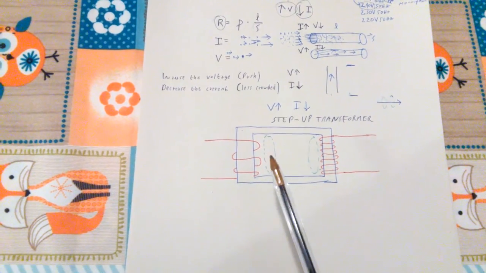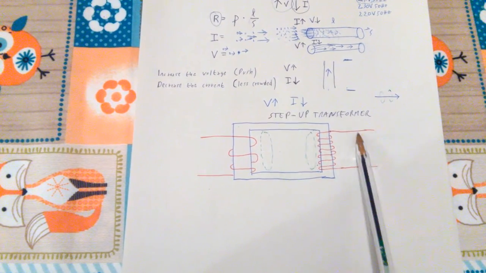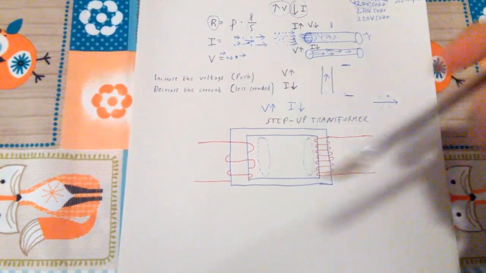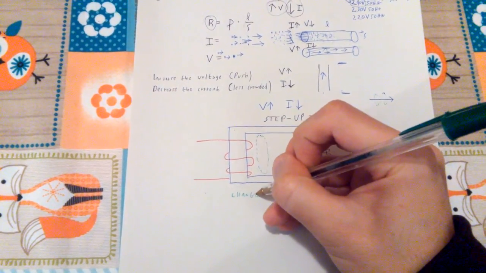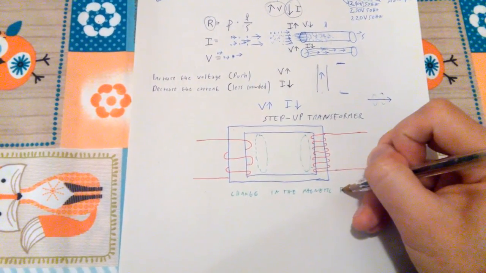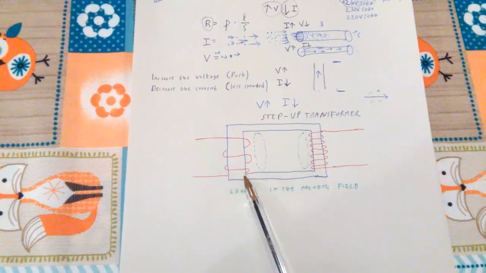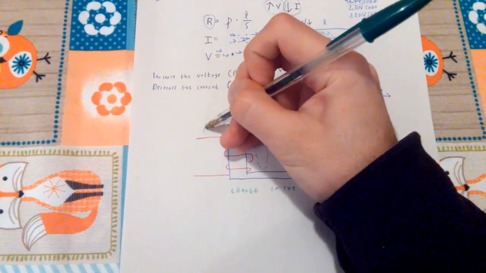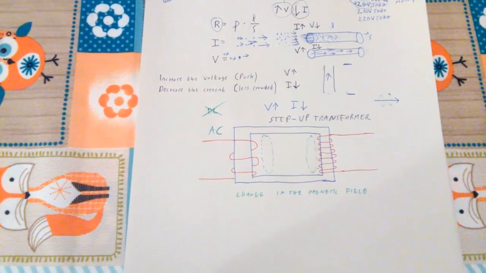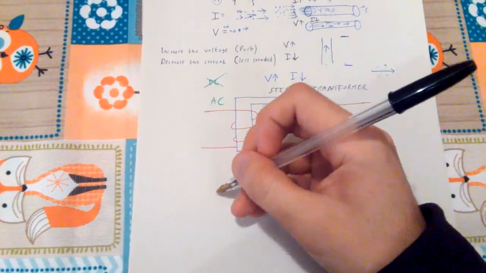Well, yes, but remember, a change in a magnetic field is going to induce current, not just the magnetic field per se. A change in the magnetic field is going to induce a current. So this is the reason why it works only with AC, and it doesn't work with DC. Why? Well, suppose that you have a circuit